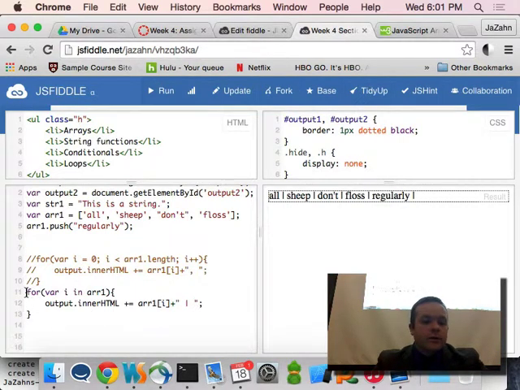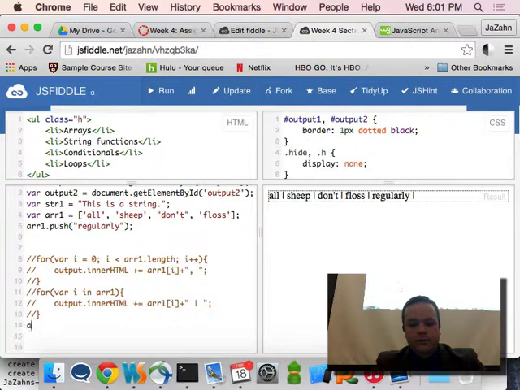And there's also another way to do this with a method that actually comes off of the array itself. So r1 dot forEach